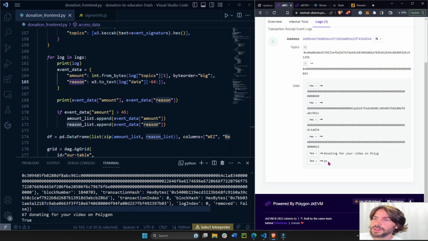I wonder what this is. Donating for your video on Polygon. Oh, it's just continuing. Donating for your video on Polygon. So this is the last part of the data,